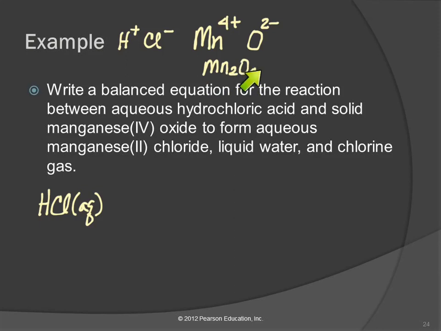But is that the lowest ratio? No, it isn't. The correct formula is MnO2. You need 2 oxygens to make -4 to balance the +4. Crisscross works most of the time, but not all the time. So it said that was solid, plus, and when I'm writing these, I am leaving space because I know I may need to put a coefficient in there. Manganese 4 oxide to form, there's the arrow,